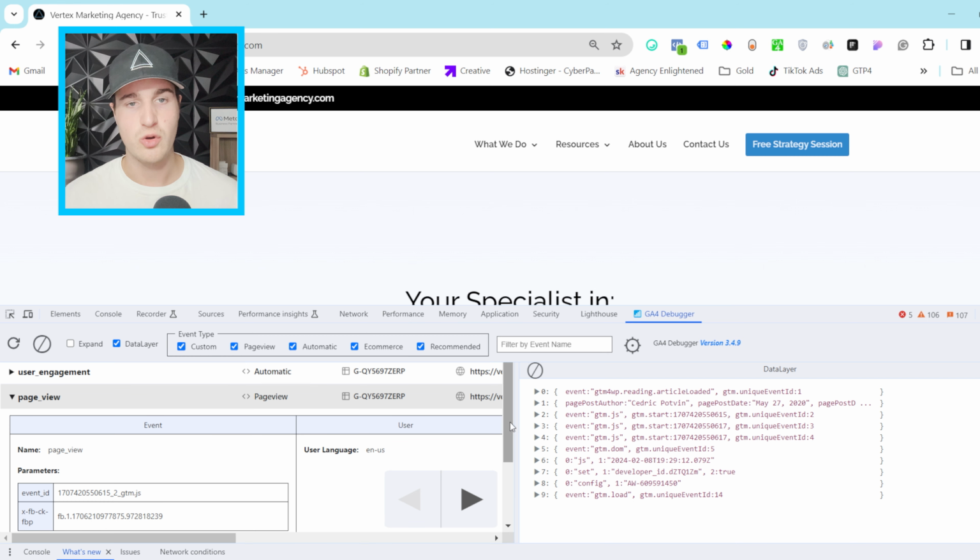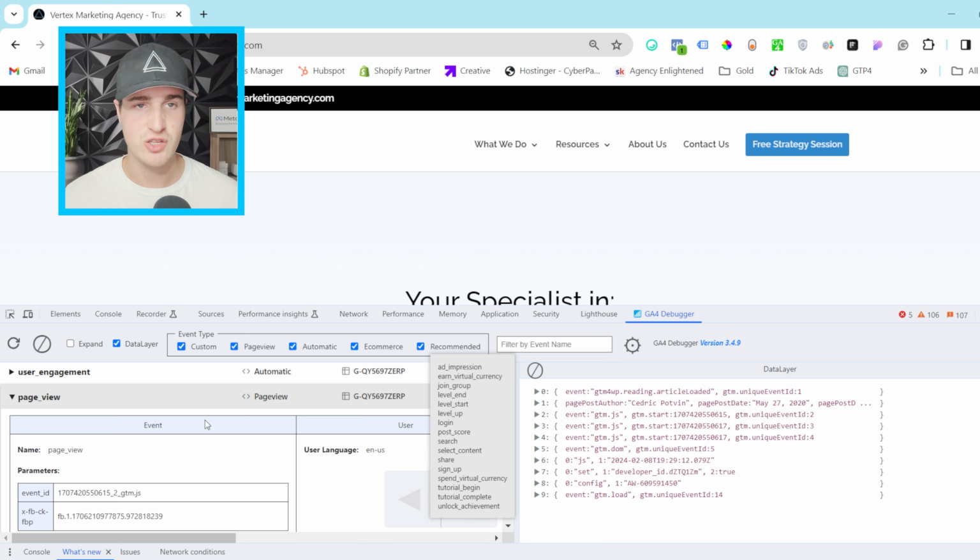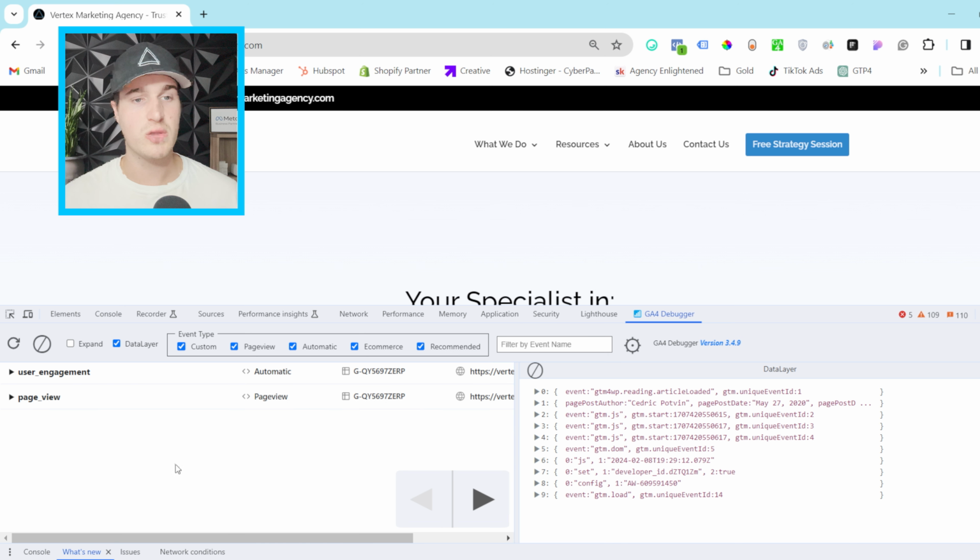You can also take a look at the data layer. They have a tab just for that. But again, this is a really, really cool tool, because sometimes a company is using Google Tag Manager to set up all their events, and you maybe don't have access to Google Tag Manager, or sometimes they're using an app or a plugin. For example, anyone that uses Shopify, you're not really in control of debugging or troubleshooting your events. The only way you can really do that is inside GA4 or with a Chrome extension like this, right? So you go through all the different events on your site to see if they're firing